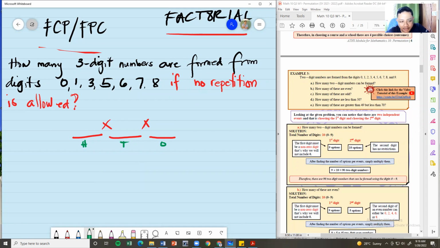Type it in the chat box, please. Very good. It's just 6. No restriction pa kasi except 0, of course. We can put anything except 0. So that is 6. Now, in here, be careful with your tens digit because there should be no repetition. So we don't know what digit will be used for the hundreds